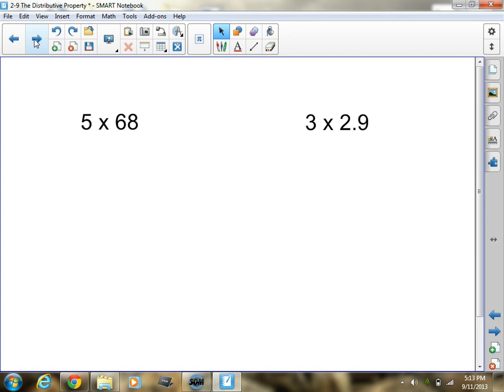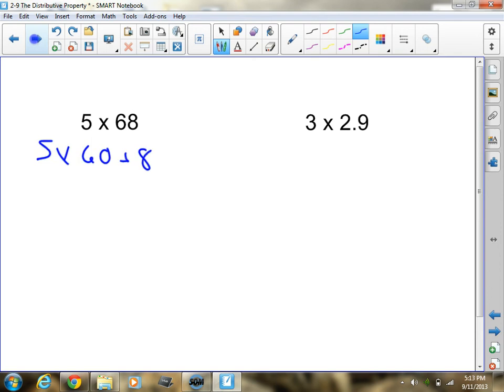Alright, 5 times 68. Now remember, we can think of it in two different ways. We can think of it as 60 plus 8, or we can think of it as 70 minus 2. 70 minus 2 is actually going to be a little easier because there are smaller numbers, right? Because 5 times 60 plus 8, those are kind of big numbers. So instead of that, why don't we write 5 times 70 minus 2. Those are smaller numbers, okay? Alright, so 5 times 70